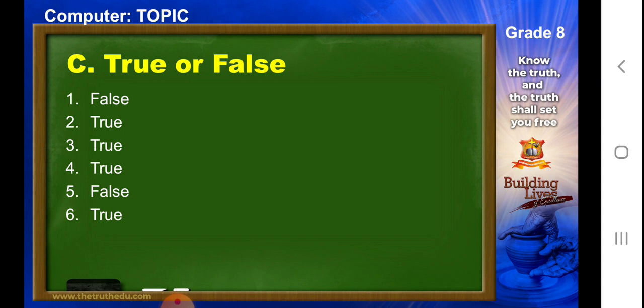In true and false, our first question is Notepad and WordPad are WYSIWYG editors. The answer is false, because Notepad and WordPad are text editors. Next is body and head tag are container tag. The answer is true, because you remember we discussed yesterday the on switch and the off switch. Both of these require an off switch. The next is HR tag is used to insert a straight horizontal line. Yes, the answer is correct. HR stands for the horizontal line.